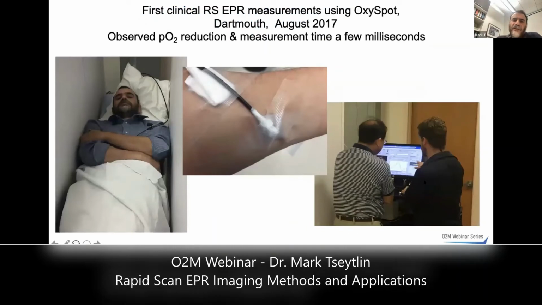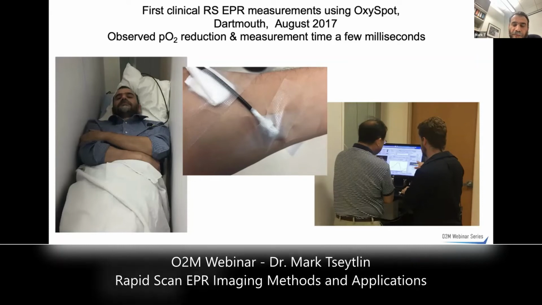Another thing, when I was at Dartmouth, we tried to do rapid scan imaging like a clinical system. That's me in the magnet, and you can see here there is an EPR rapid scan spectrum. We modified the existing system. It was not fully optimized for rapid scan, but we got some results. Now at West Virginia University, our university bought a clinical system, so probably we'll continue working on that project and build a rapid scan clinical system.